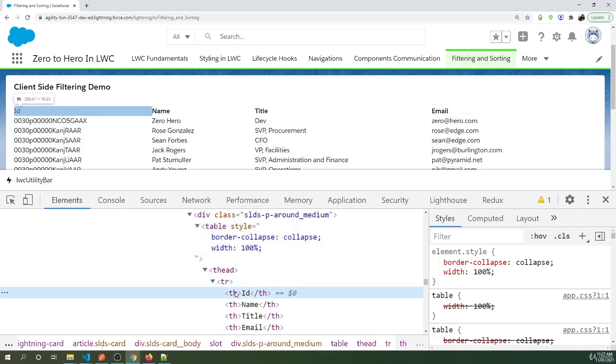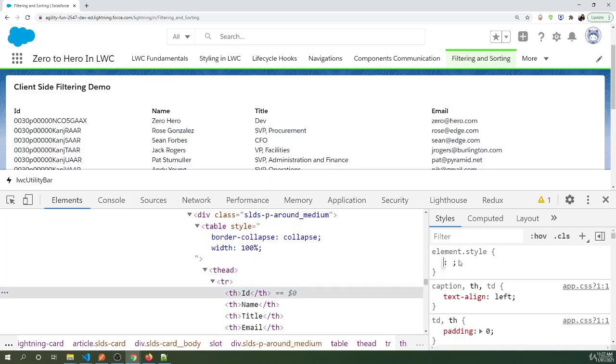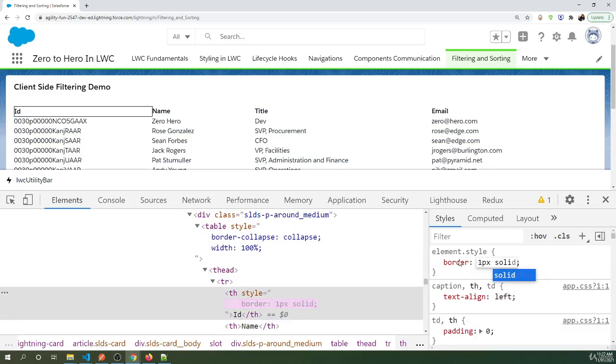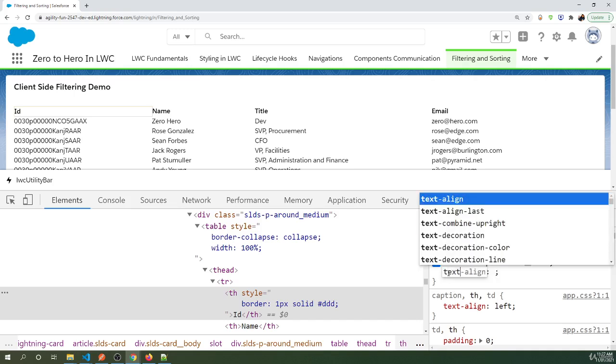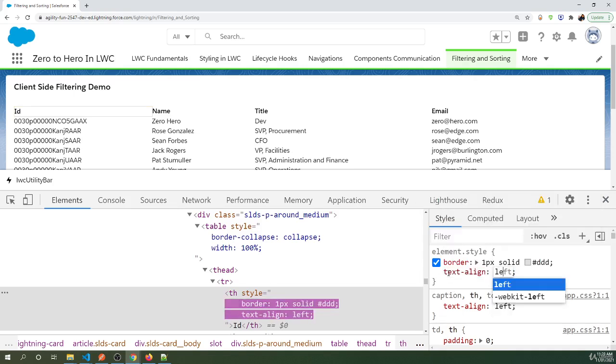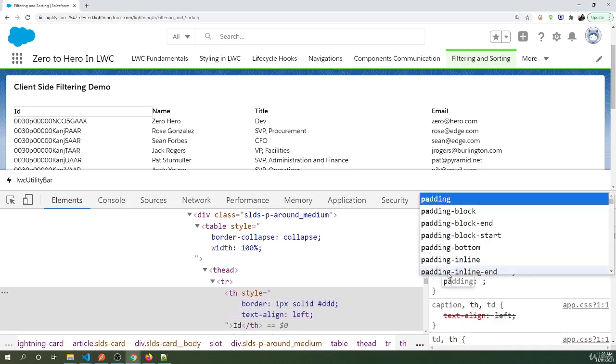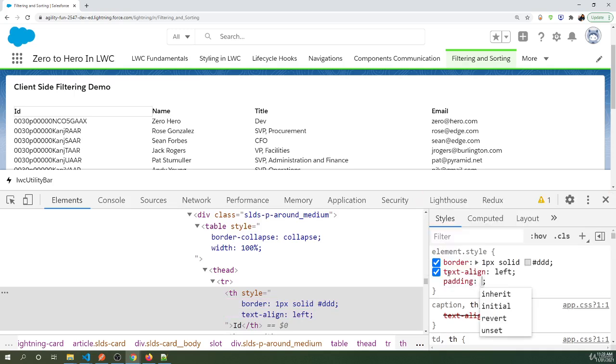We'll say each table heading should have a border 1 pixel solid. Instead of black we can give a grayish color, so we'll say #DDD. The text should always be aligned to left, that is there by default, but let's add this property. And we'll say some padding as well, so our text is not pressed to the border. So the padding 8 pixel,